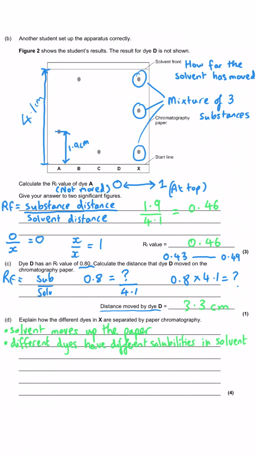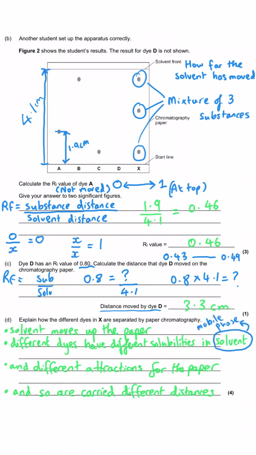And not only that, the different parts of the mixture will have different attractions for the paper. And so as a result of this, they'll have different attractions to the paper and the solvent, and so they will travel different distances up that paper. You could also use the word mobile phase instead of solvent if you fancied mixing it up and making it even sound more technical. And you could use the word stationary phase instead of paper, but you don't have to use those terms,